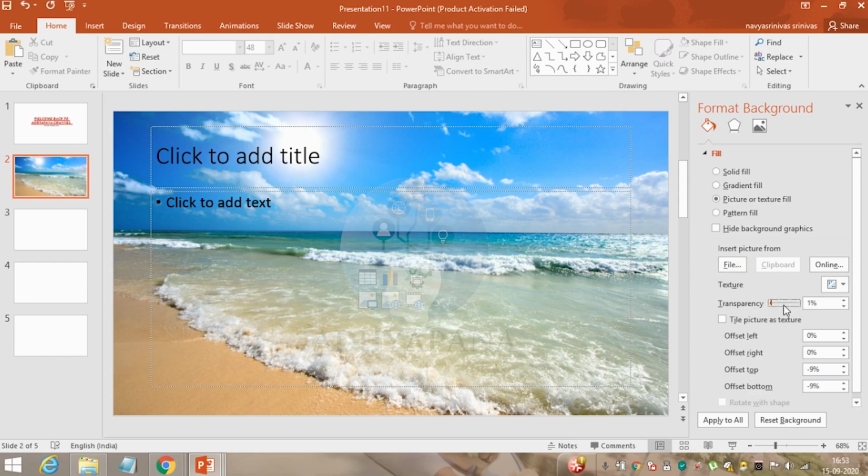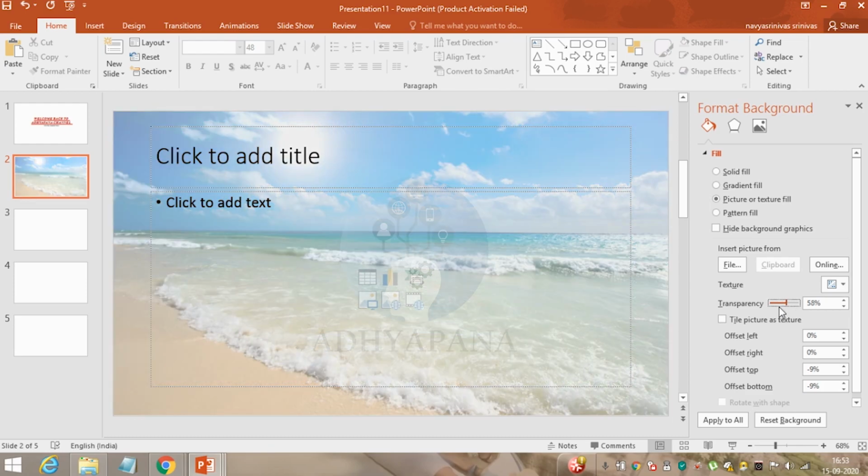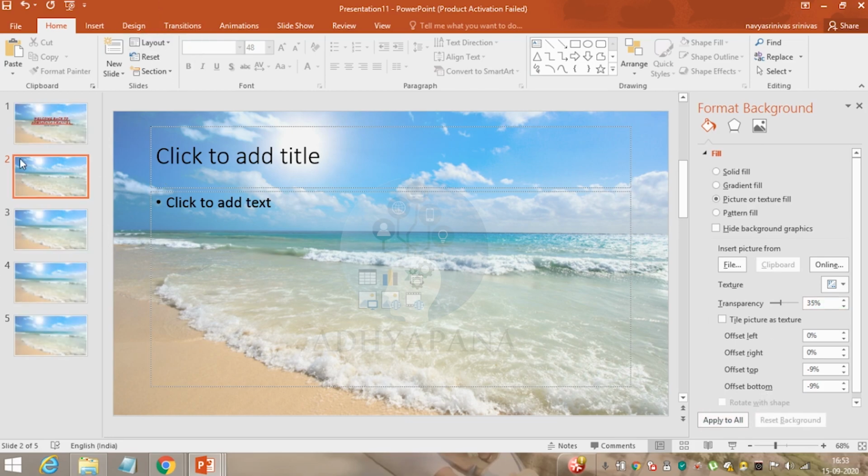You can also set the transparency. You can decrease or increase the transparency. If you want the same format background for all the slides, just tap on apply to all so that all your slides will be in the same format background. If you want to delete this, just tap on this and delete, so that the title or the subtitle, if you don't like, you can also delete that.